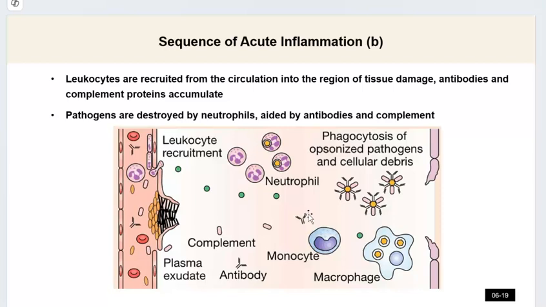When we get to the next step, which is the leukocyte recruitment and elimination of the stimuli, which is what we see here, you also notice that we're beginning to form a fibrin band here from the area of injury. Now we can see in here we've got some complement factors going on. Our monocyte or neutrophil, we've got some antibodies in here. We've already started the phagocytosis of the pathogen and cellular debris. Our neutrophils are now coming in,